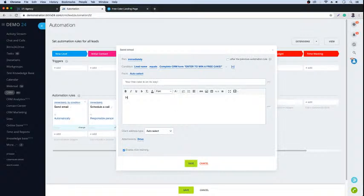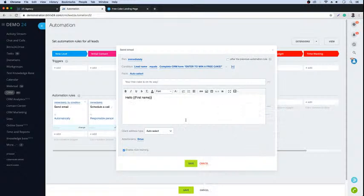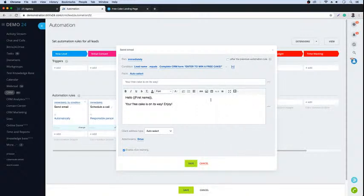And then you can put hello, and then from that we can click on the dots to the right hand side, click on lead, and then we can put hello first name. And then we could even put the flavour if we wanted to, because they were submitted. So we could choose the flavour in here. Your free cake is enjoy. But if you wanted to use an email template in here, you can't at the moment choose from